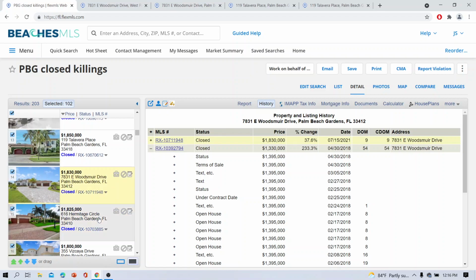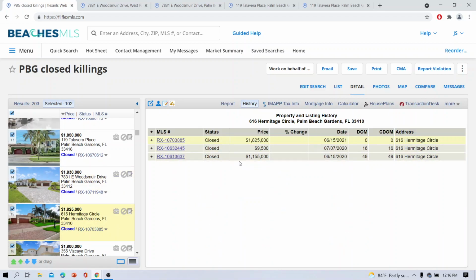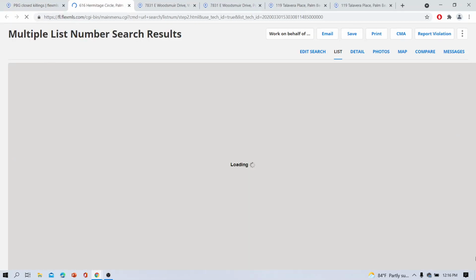Let's go back to the list and go here. Okay, someone paid $1,000,001 in 2020. 1 year later, sold it for $1,008,000. So how do you make $700,000 in 1 year? Well, let's look at the pictures. Last year,